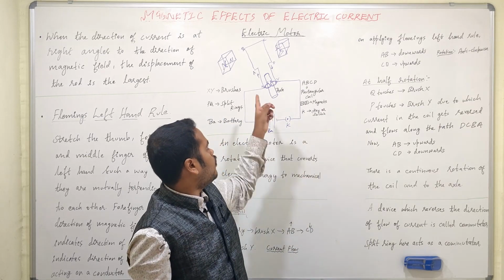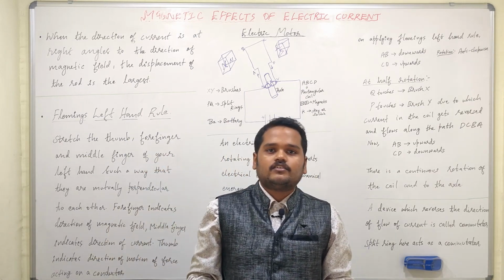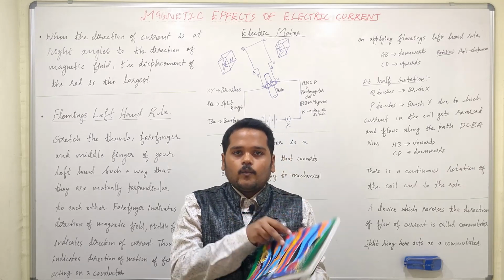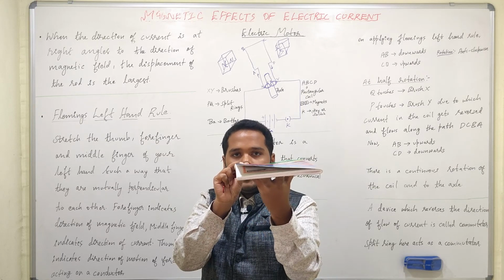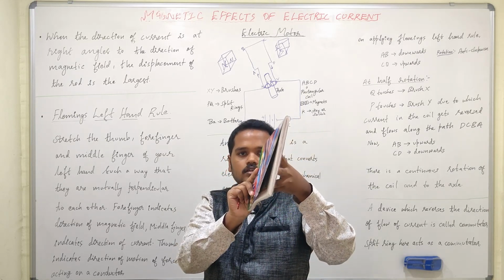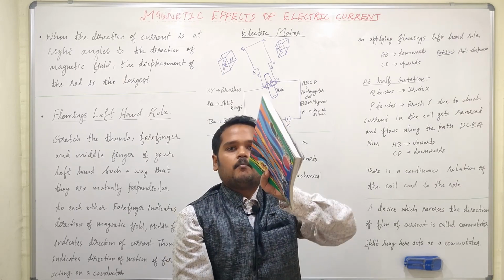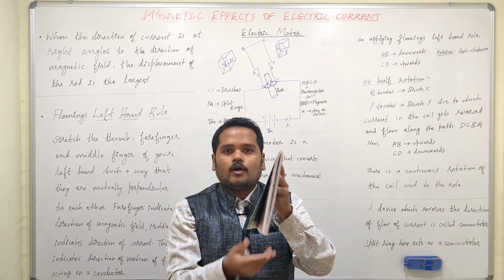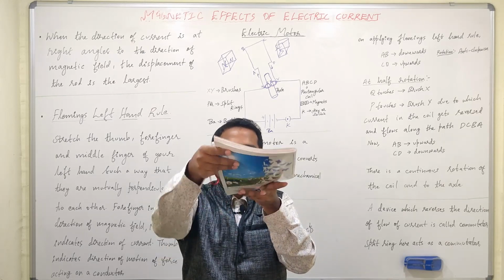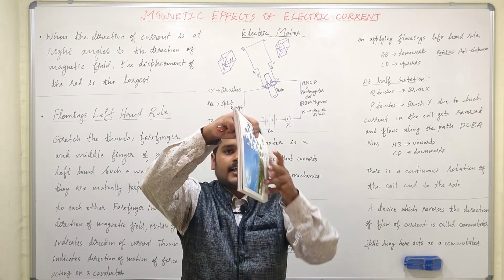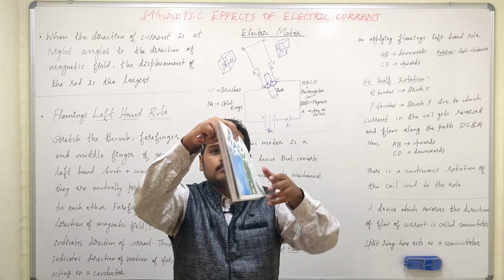So this rectangular coil keeps on rotating continuously. Now the one question which students get a doubt about is AB. AB goes down, CD comes up. Now why should AB come up? AB should again go down, but AB is coming up. In the first half of the rotation, AB goes down, but in the second half of the rotation, AB comes up. Why does AB come up?